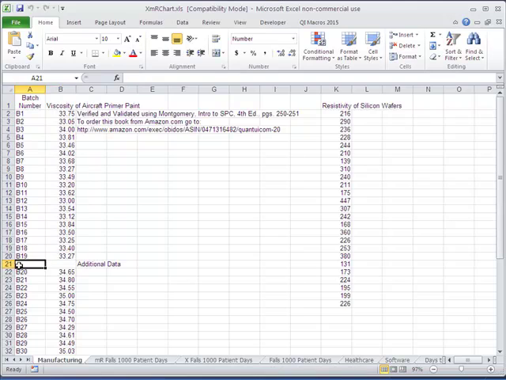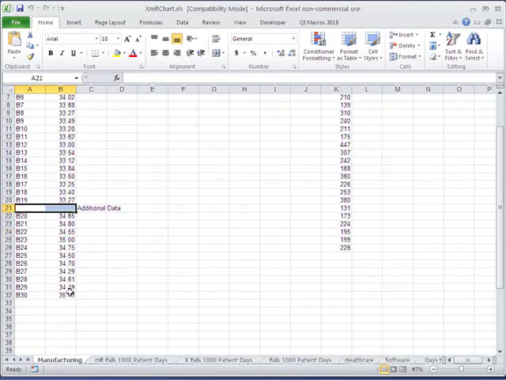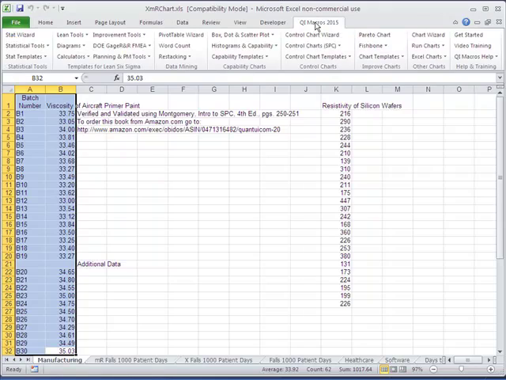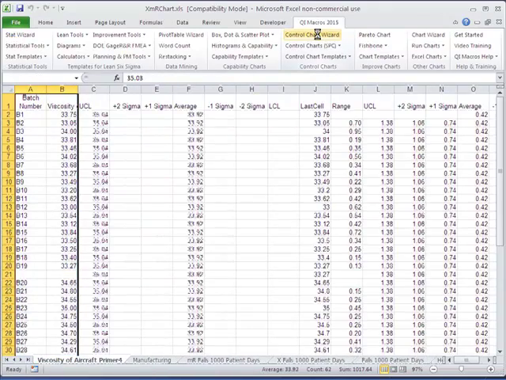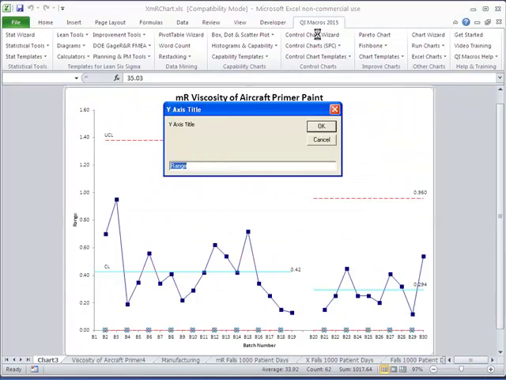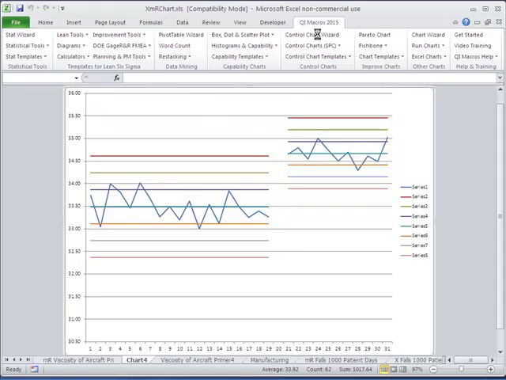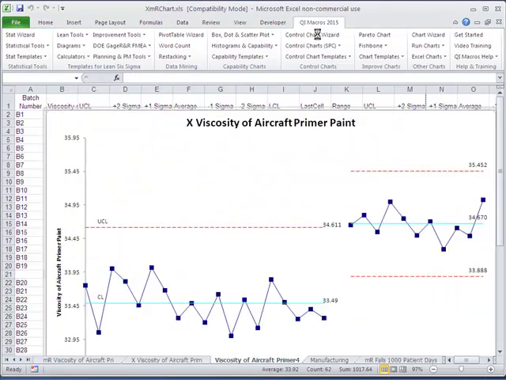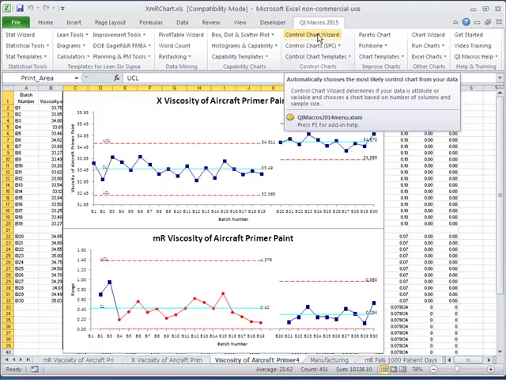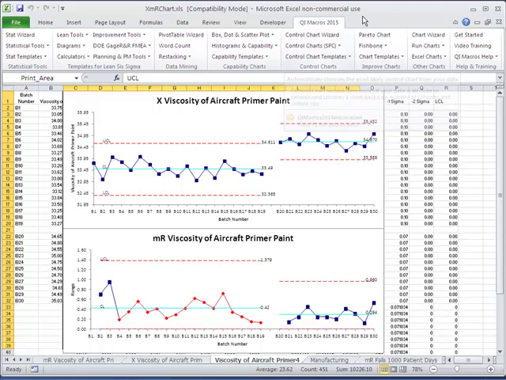And we can do this in another way as well. You can actually put a blank row in between your data, and that will give you some stair-step limits. So if we click on this and then choose Chart Wizard, the QI Macros will draw the chart and simply show the before and after here with a blank row in between. All right, so that's how simple it is to actually go ahead and create control charts in the QI Macros